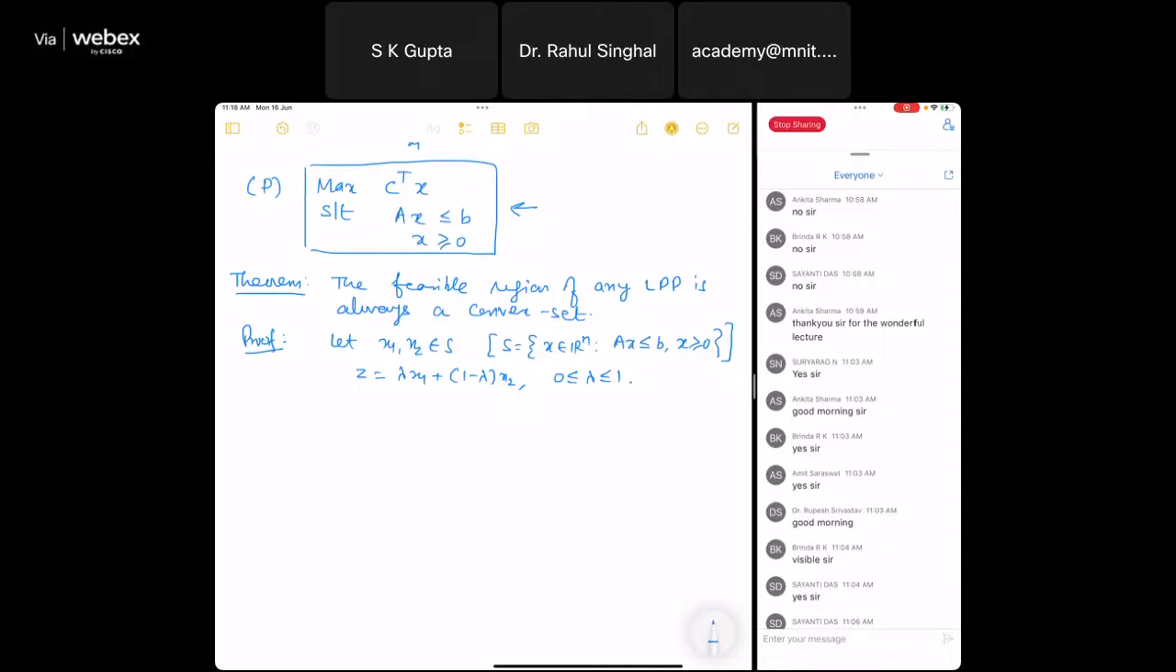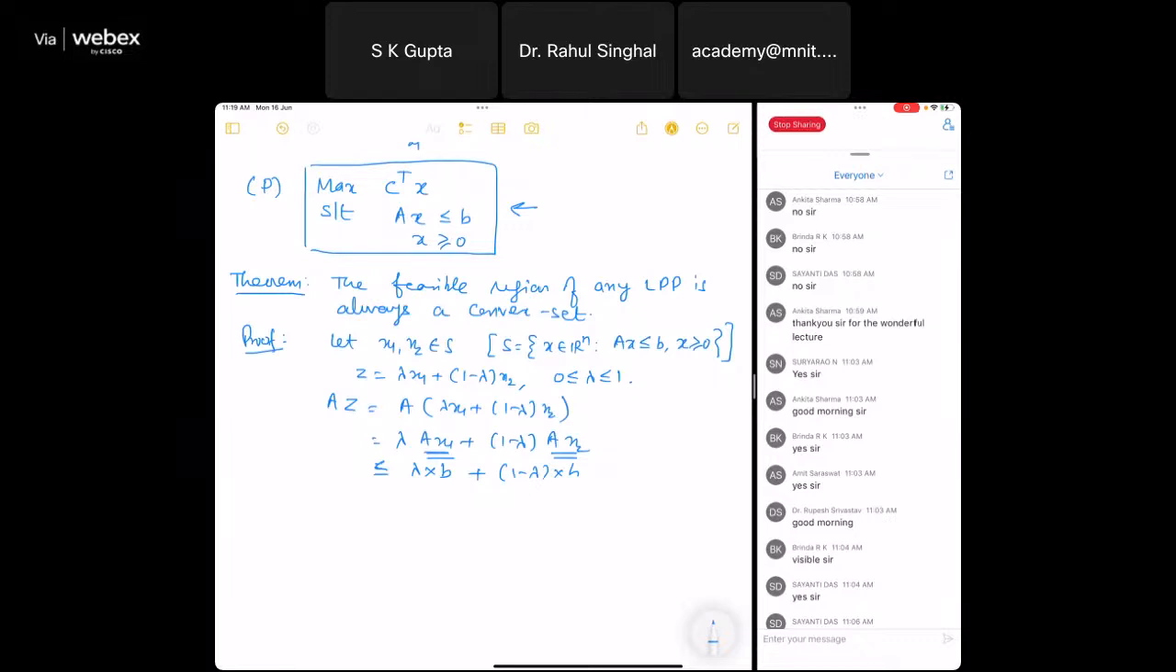So how can we show that Z is in S? We have to show that AZ is less than or equal to B and Z is greater than or equal to 0. So what is AZ? AZ is basically A into lambda x1 plus 1 minus lambda x2, which is lambda times Ax1 plus 1 minus lambda times Ax2. And Ax1 is less than or equal to B and Ax2 is less than or equal to B because x1, x2 are in S. So this is less than or equal to lambda into B plus 1 minus lambda into B,